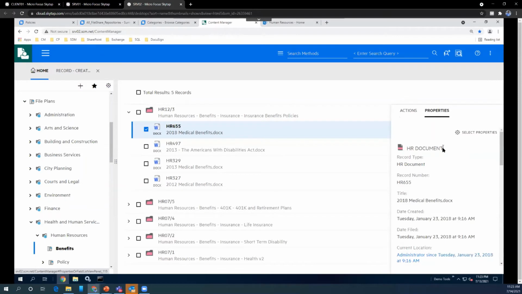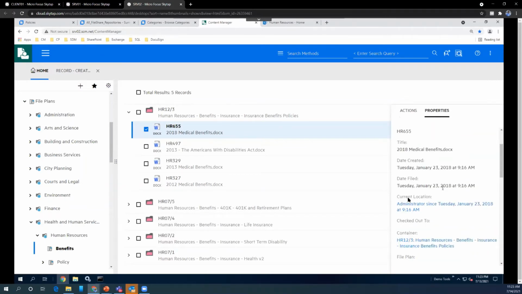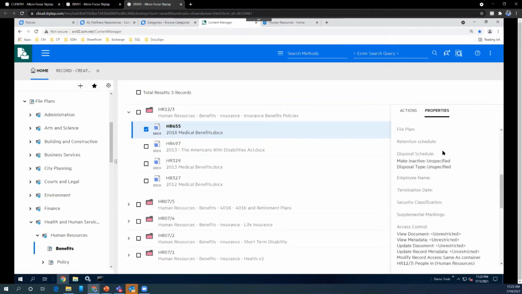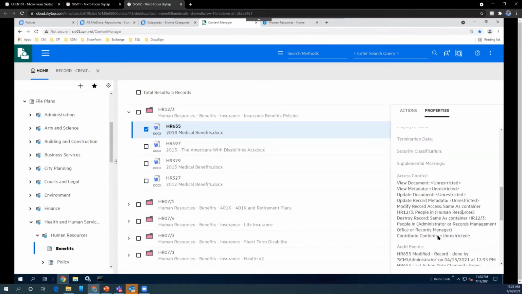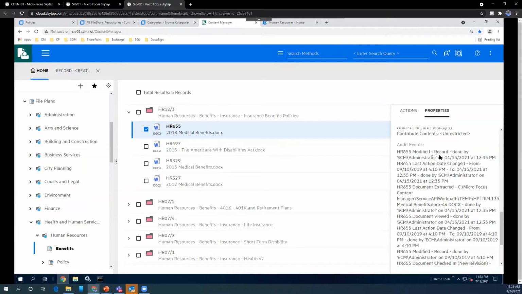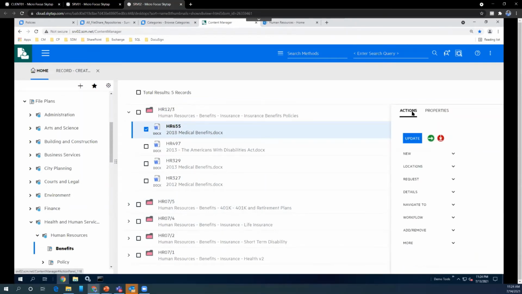So I can see all the metadata information of that document: what is the location, date created, what is the container in which the document is stored, what is the retention schedule applied to this particular document, what are the access controls assigned to this document, what are the recent audit events that happened to this document. So I can see all this in a single pane of glass.